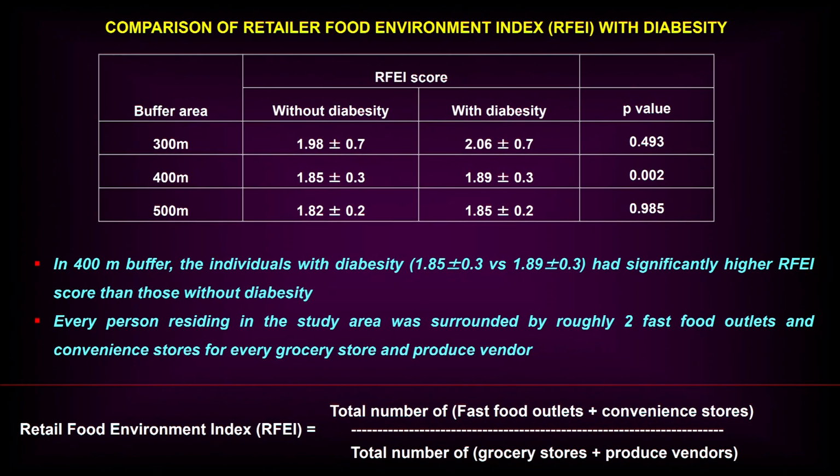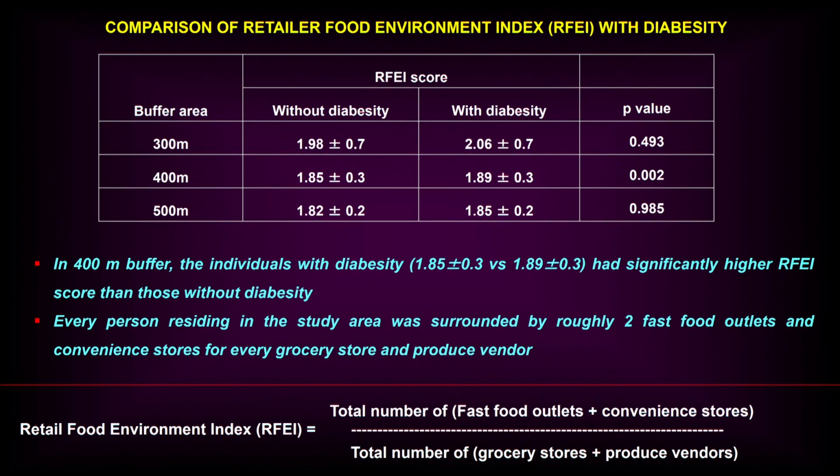You draw an area around a person's house, say 300 meters, 400 meters, and look at all the various stores and available things around that person's house. How do we do this? We do this through GIS mapping, and this has also been done with physical audits. She was a PhD student. She went house to house for her study and did physical audits around that buffer area around a patient's house.